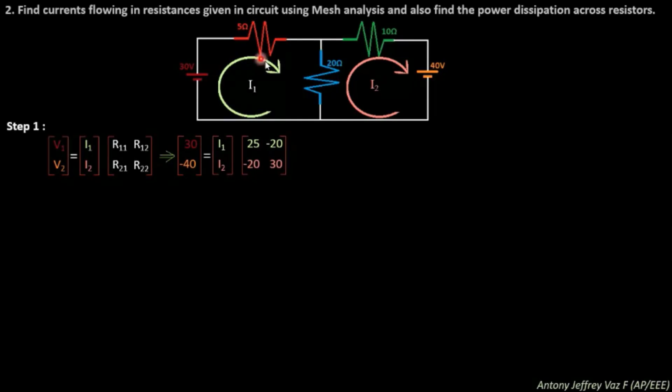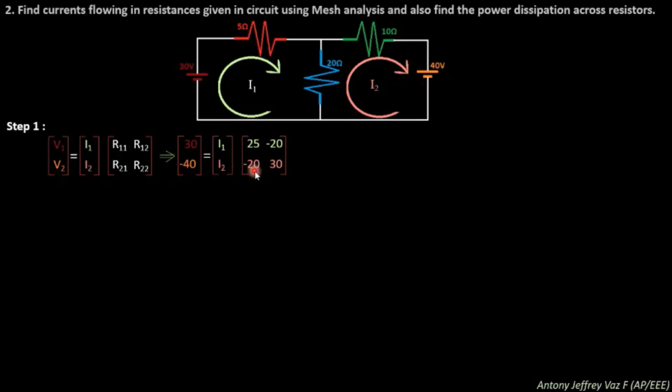While seeing loop 1, you see the current is from the negative terminal of the battery towards the positive terminal of the battery. So it is plus 30 volt. So for R11, what you need to do is 5 plus 20, you get 25 ohm. And R12, here the I1 current is clockwise, I2 is anti-clockwise. So you get minus 20. And for loop 2, the battery voltage is reversed, so the current direction is also reversed. It is from the positive terminal towards the negative terminal, so there is a fall in potential, so you get minus